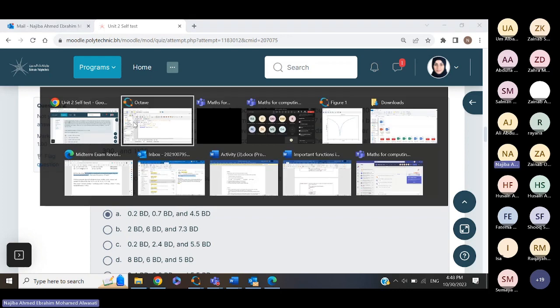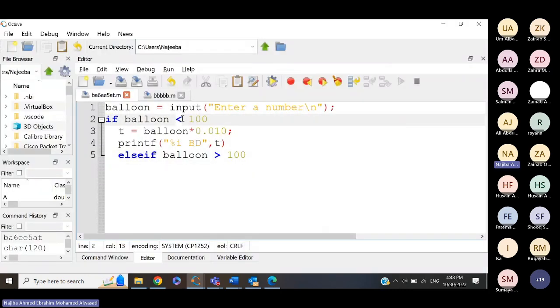Okay, so if I want to write it down, first of all, let's do it like this. If the balloon is less than or equal to 100, then this one will be 101. Now, because I will have two conditions in the same line, I will use AND operators. The AND operator is the double AND. Now I will again write the